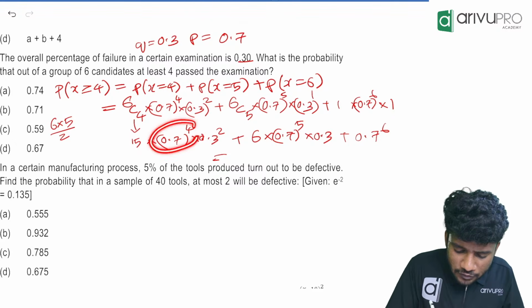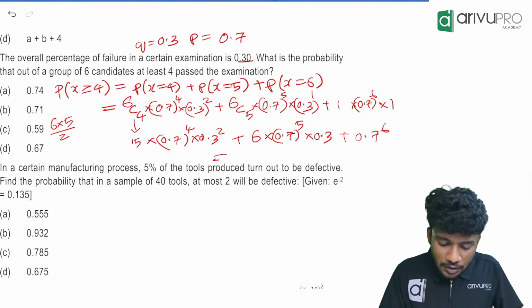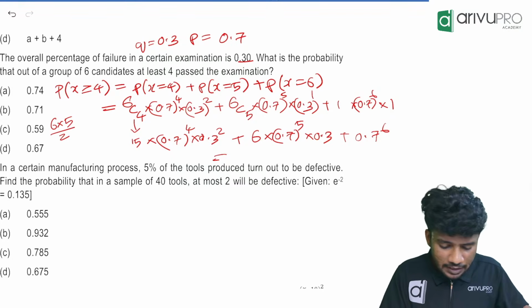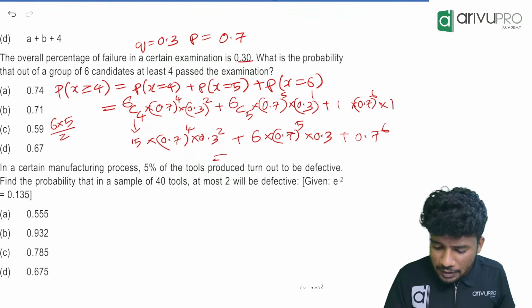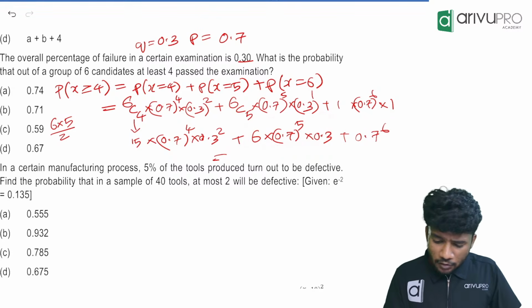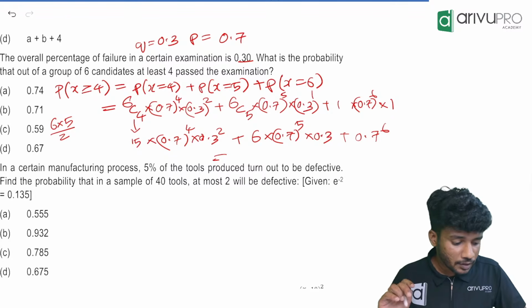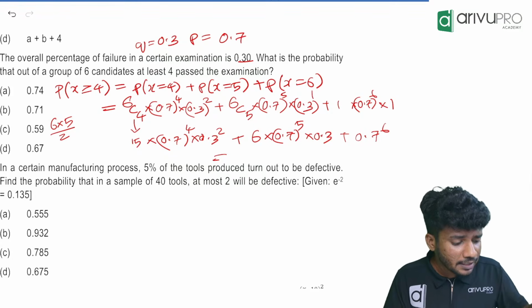How to do that? First find this on calculator. 0.7 into equal to how many times? 3 times. Then multiplied with 0.3, again multiplied with 0.3, again multiplied with 15, then click M plus. You will find the entire value and save it in the calculator memory. Then you will find this. How to do that? First you will find the highest power. 0.7 into equal to how many times? 4 times. Then multiplied with 0.3, multiplied with 6, again click M plus.